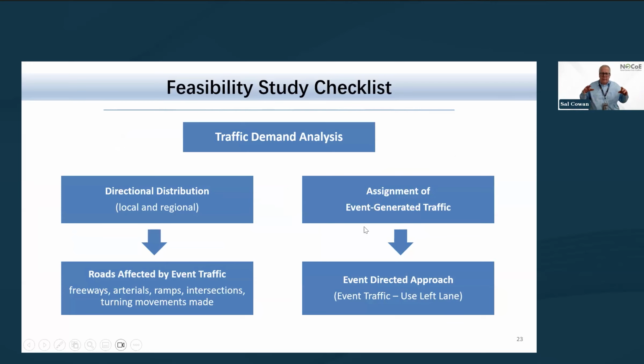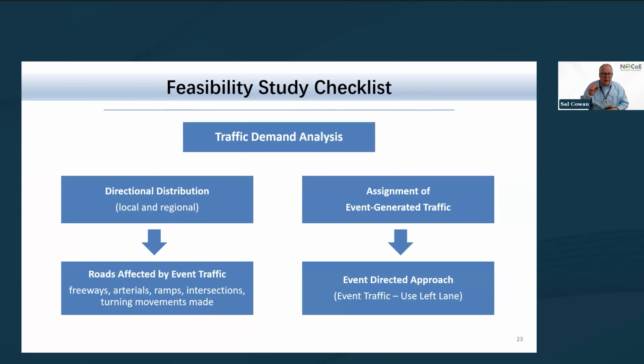When you start talking about directional distribution, it's talking about what freeways or arterials are going to be affected by an event, right down to the ramps, the intersections, your turning movements. For those of you that have worked near stadiums, you have an understanding: if these people come out onto this roadway at this point, they're going to interfere with people who are coming straight through. And so you've got a heavy merge point. Or in certain circumstances, you might have a weave, people trying to get across to certain exits.